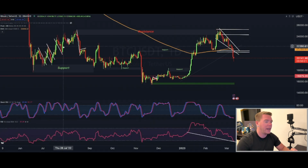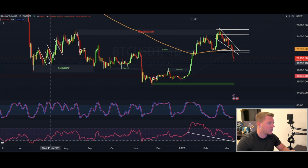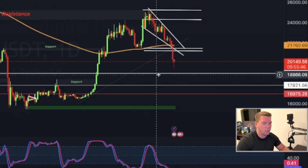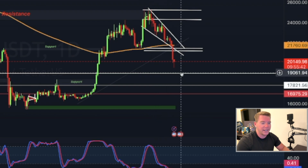So how do I come up with that? When we look here at the pivot points, you can clearly see that from this area all the way down, let's say, to this area, there is a lot of underlying support, and that is between 17,800 and almost